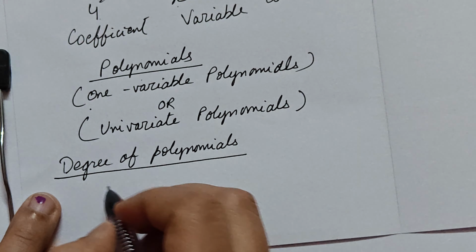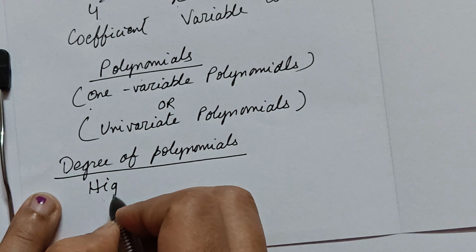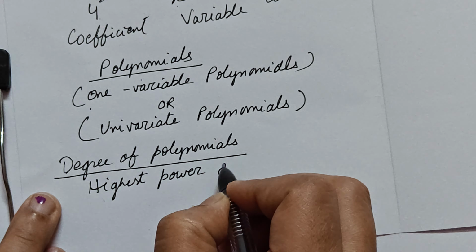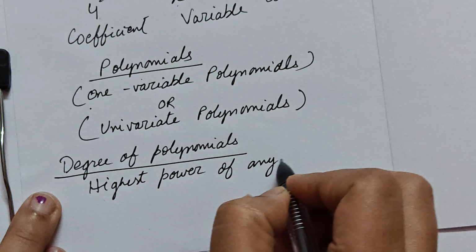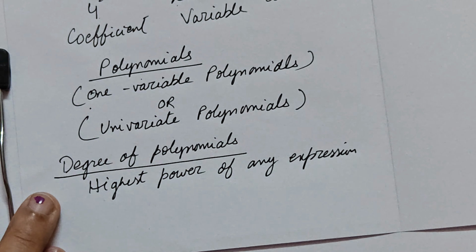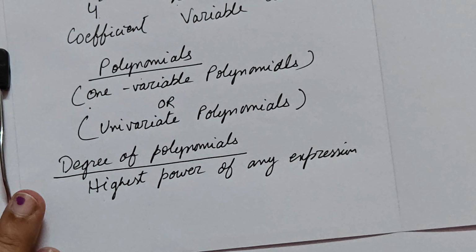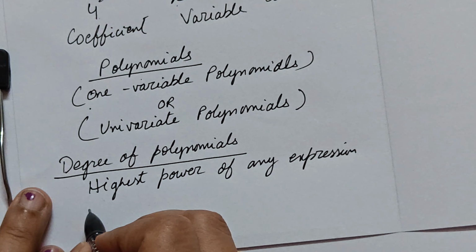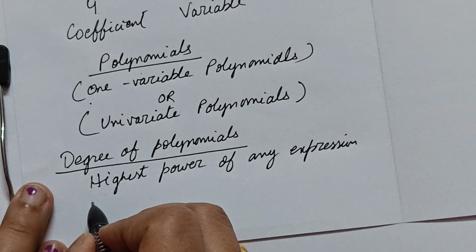It is simply the highest power of any algebraic expression you are taking. Whatever the highest power is, that is the degree of the polynomial. For example, let us take